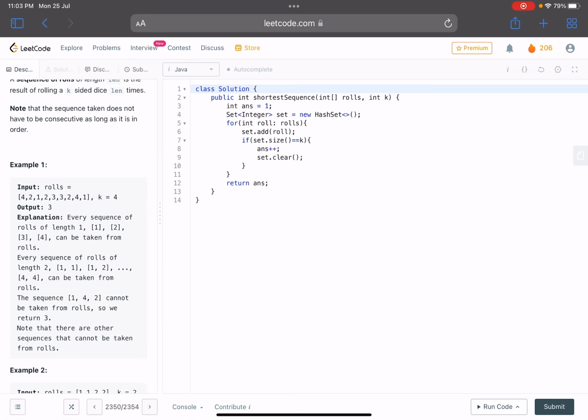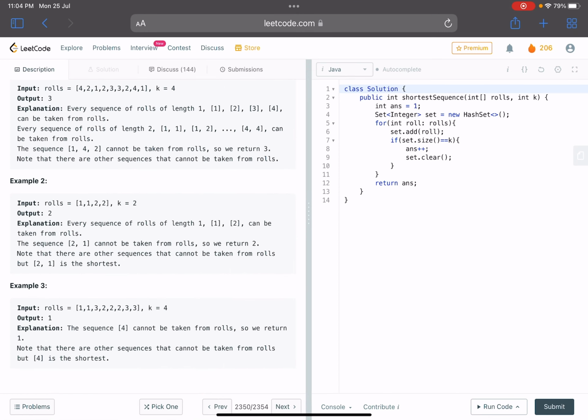Now just clear the set, because now you need to check for the second position. So again you do this. Suppose again on line number 7 my set size becomes equal to k after certain iterations. That means for the second position also I have all the k numbers. Then I again increment my answer. I'll keep on checking for the third position. Again, if set size becomes equal to k, I'll just increment the answer, and at last I'll return the answer, because this value of answer tells me that for this particular value I don't have all these sequences, right? So this is the gist of the problem.